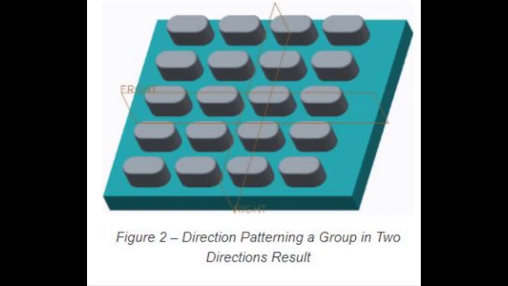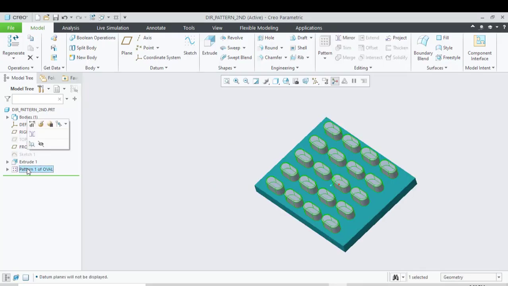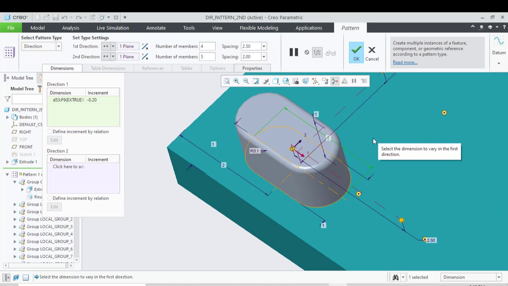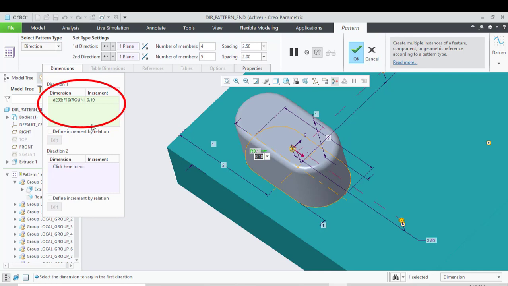Now let's do a varying patterning by incrementing some dimensions. So go to pattern 1 of oval and click on edit definition. Click on direction 1 in the dimension collector. Select the radius 0.1 dimension and edit it to the increment of 0.075.